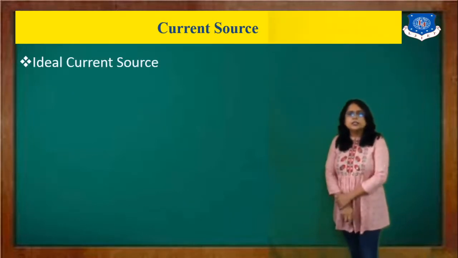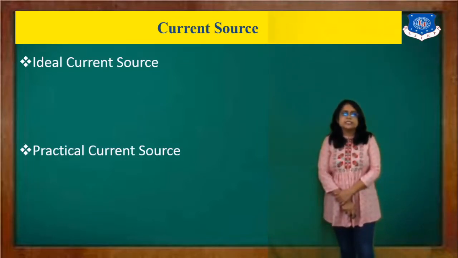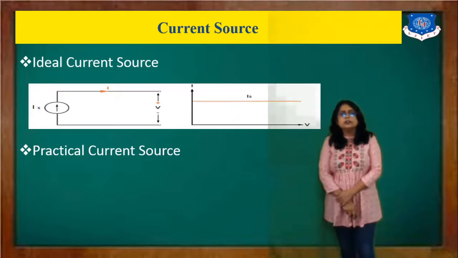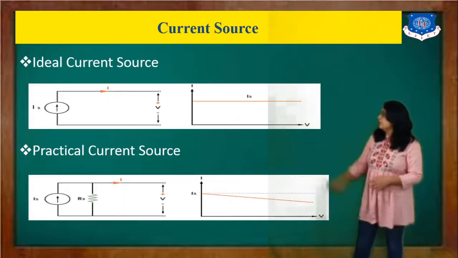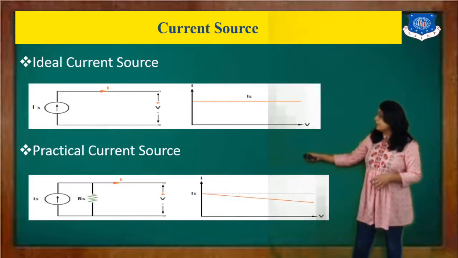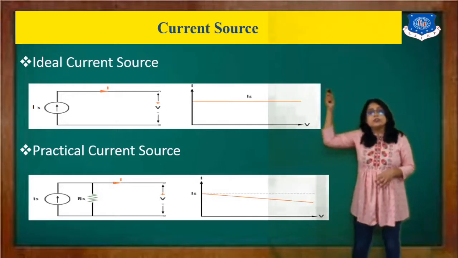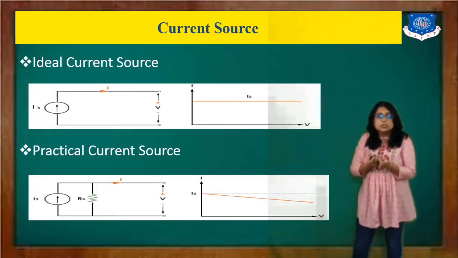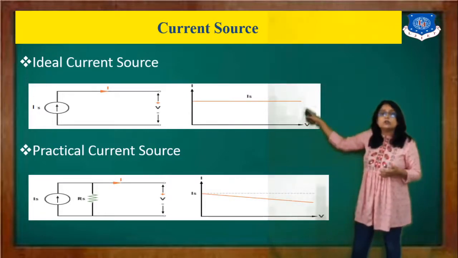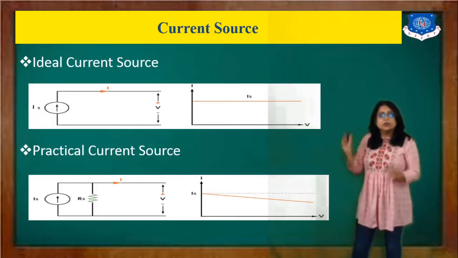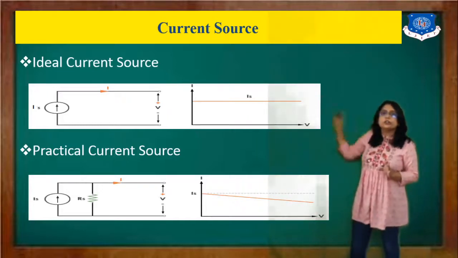Now next, that is what? Ideal current source and practical current source. We will see the VI characteristic. Right? So here you will get a constant, or in case of this we have to show this practical resistance, because here I am saying the value of that resistance is infinite. So as such no current is passing. Then V equal to, here current is 0, that means what? It's an open circuit. When current equal to 0, that means it's an open circuit. So no need to draw that resistance.